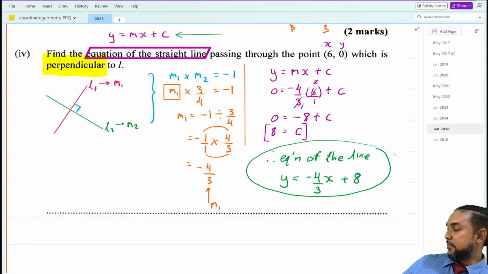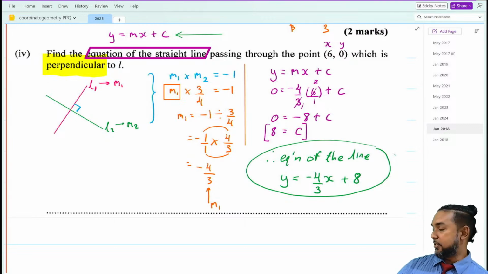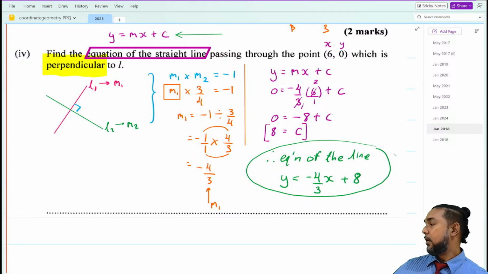So D'Angelo, Donovan, and Hanifa, if you guys are good with this part 4, just give me a quick G in the chat, please. And if you need me to re-explain, it's not a problem. Just give me an R and tell me specifically what you'd like me to re-explain. Happy to do so. All right.